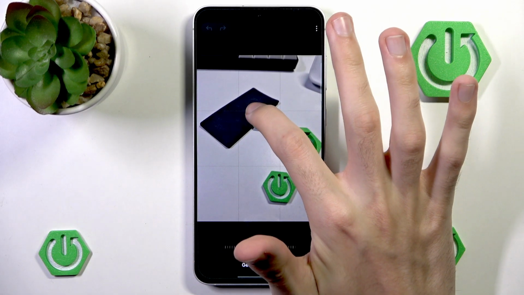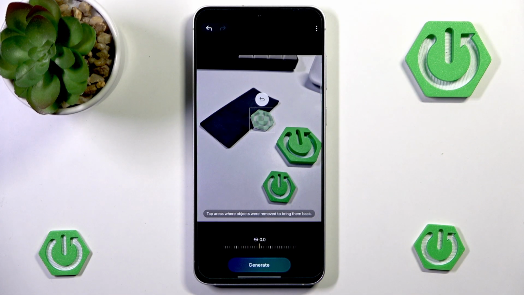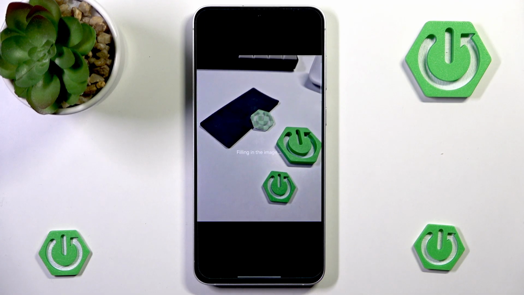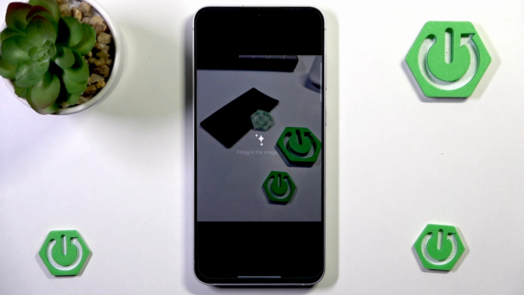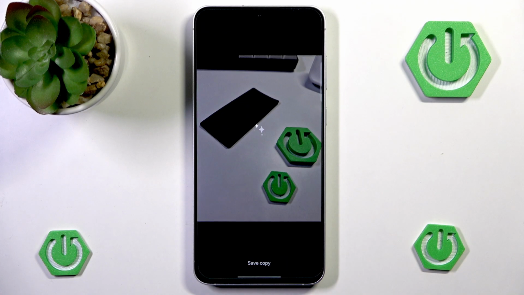So we can circle around our hard reset logo mother. Now let's hit remove, and technically it's now done. Let's hit generate and let's see what will happen. Want to wait for a moment. As you can see, it is adding missing places, and this looks actually quite good. Let's go into save copy,